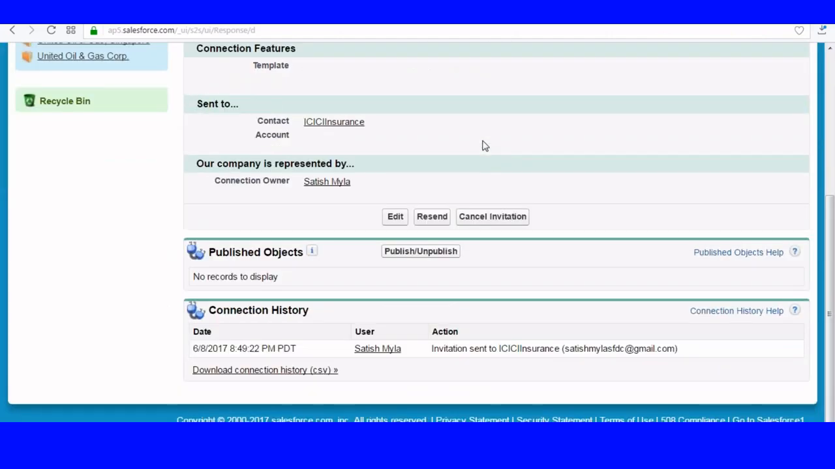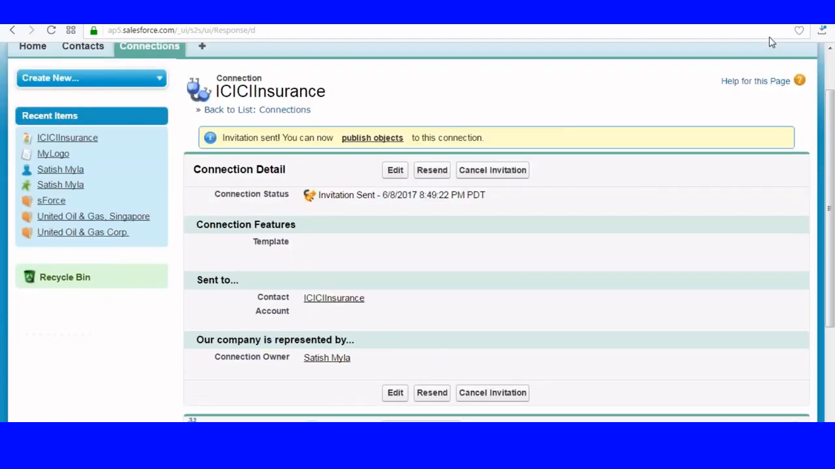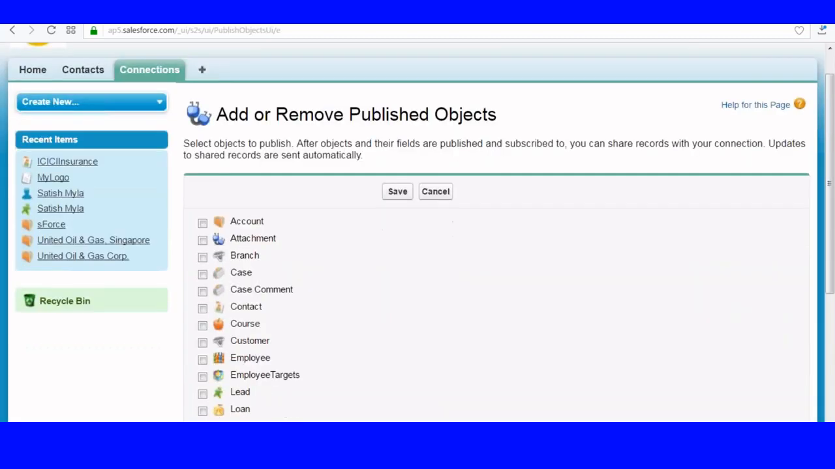Once the connection is accepted, what is the pharma application going to do? Select the objects you want to share, which data you want to share. So from the pharma application, I sent an invitation to ICICI. They accepted the invitation. Then the pharma people go to the published objects,